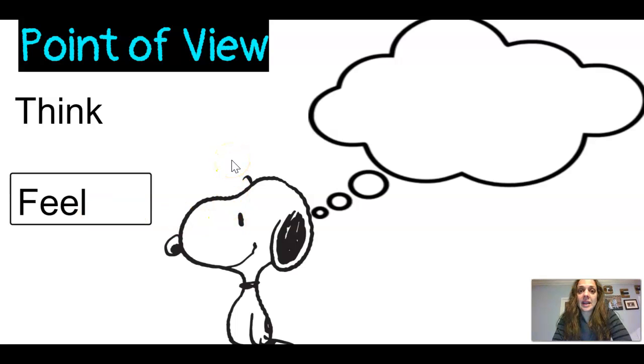So our narrator in our story, the character or the narrator, is someone that's telling the story. The person outside of the story could be telling the story, or a character inside the story could be telling the story. And the narrator will have a feeling or a thought about the characters and events in the text. So words that might describe how someone thinks or feels